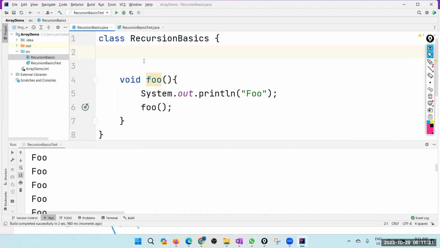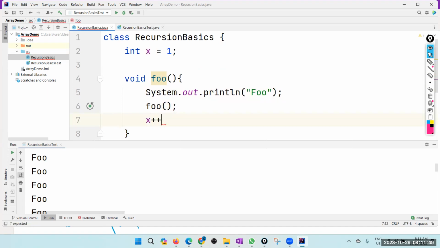There are two ways. One approach is you can have an instance variable. Yes, an instance variable will work. So say int x, and we initialize it to something like 1. Let's assume after each iteration we increment this, say x plus plus. So still, of course, it will keep on calling, but what we can do is